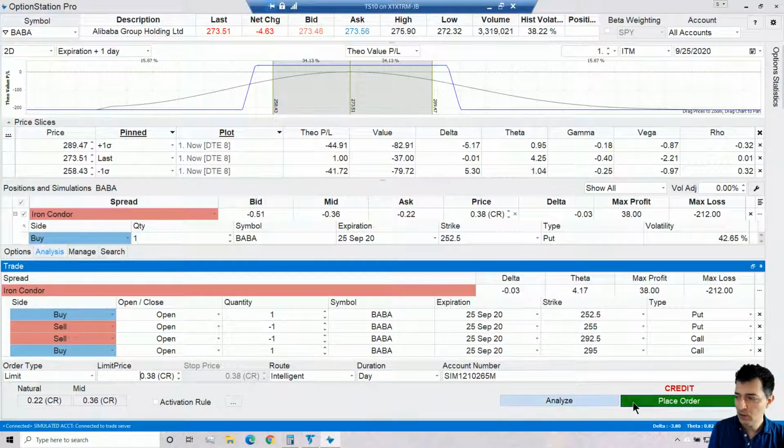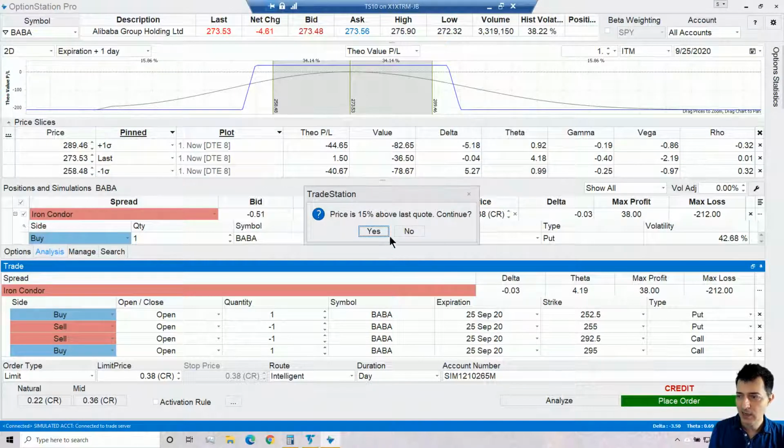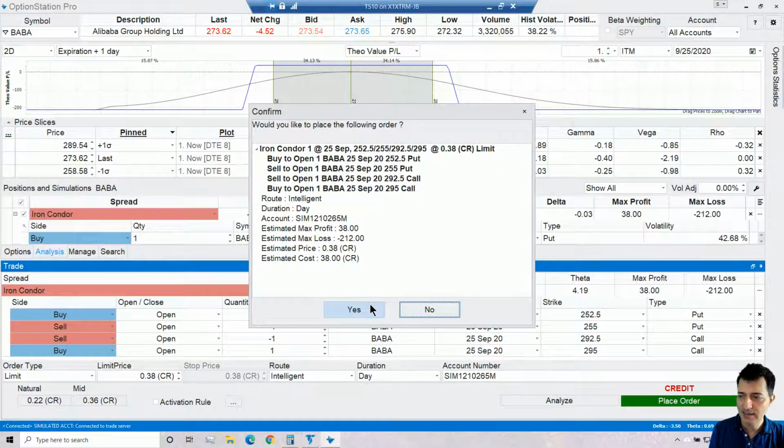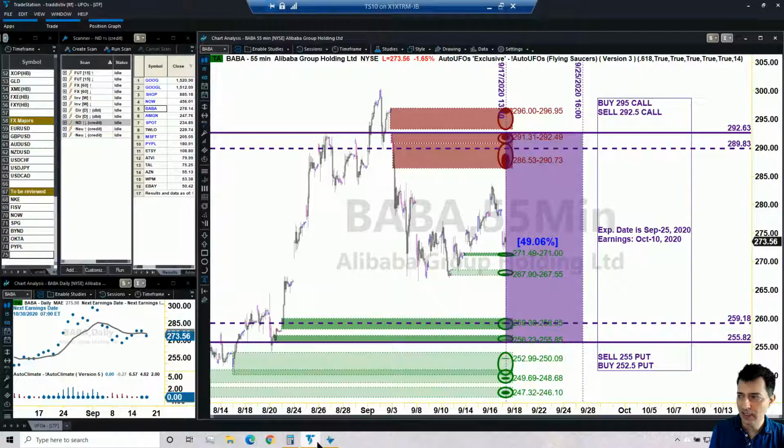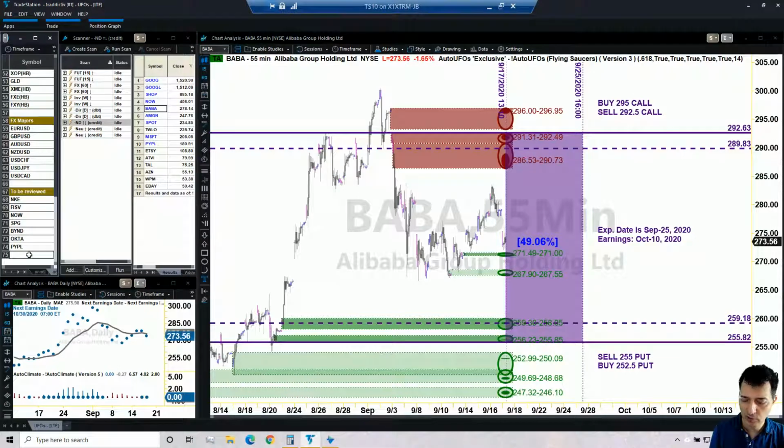Okay, so I'm just going to place the order since this trade is valid. Okay, and yes and yes. So the order is in the system, and then I'm going to go back to the chart in case you want to take a screenshot, because my friends, this is the first trade that we have identified and concluded as a valid one. So let me go back and check on the chat box.